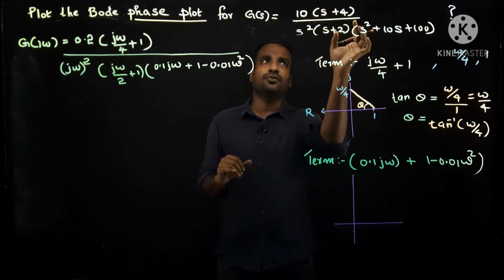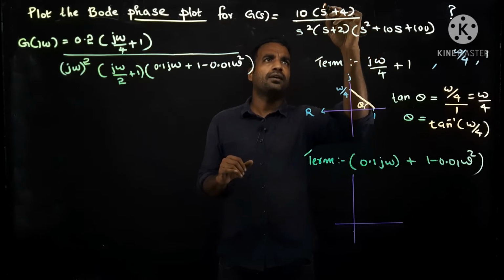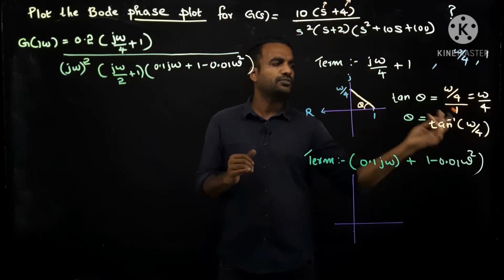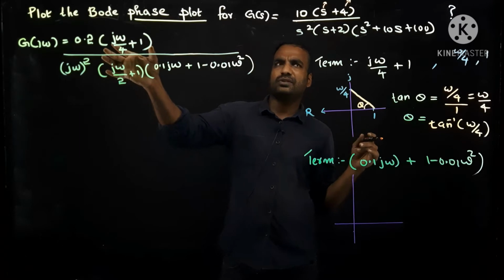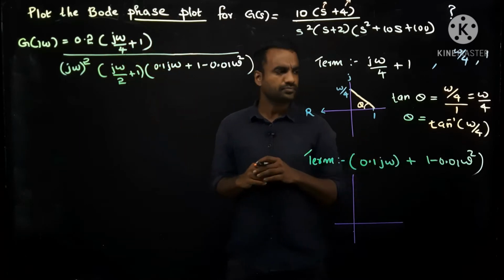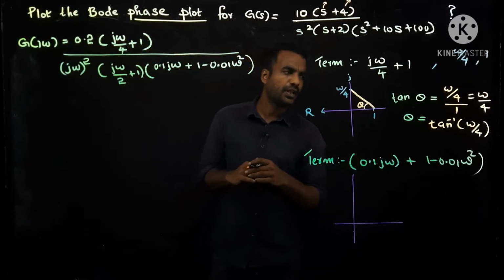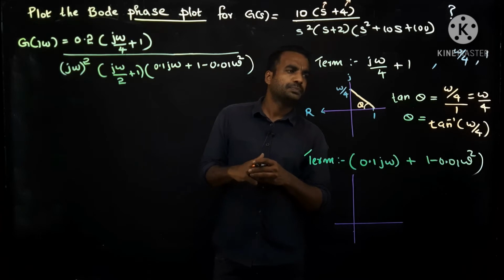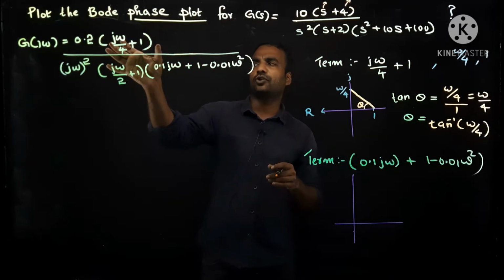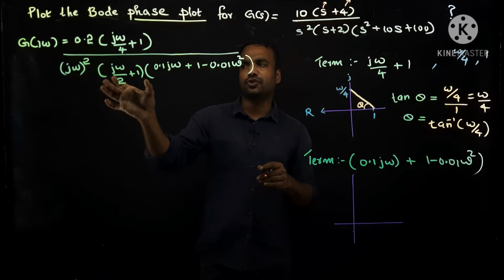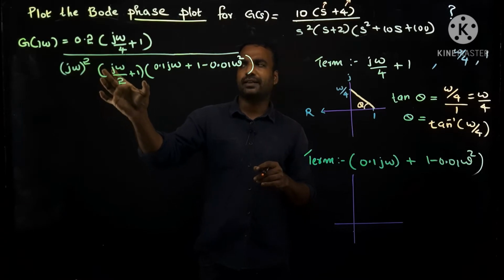This is the unstandard form. Then also it is omega by 4. That is also right. But anyhow, this will be better, I think. Okay. Now, for this term it is tan inverse omega by 4, and for this term it is tan inverse omega by 2. So I am not detailing about this term.